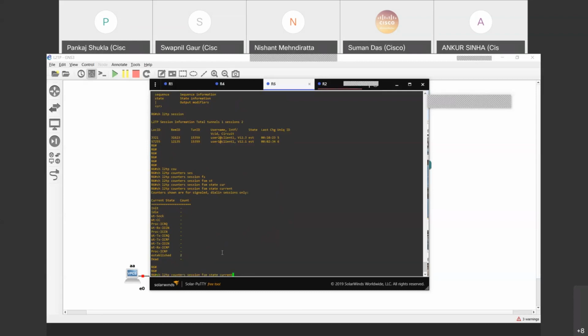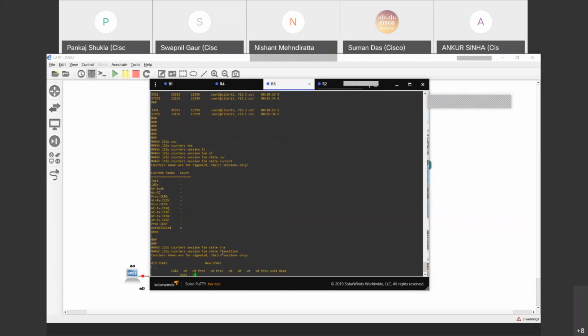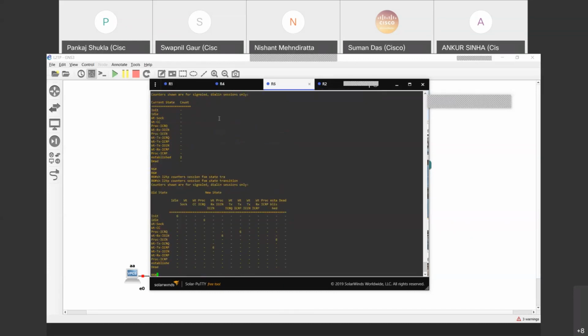And if I do transition, here you can get to know the session is going from idle to ICRQ. That is, the request has been received from the LAC side. After ICRQ, it's ICCN. It's sending out ICCN. Then once it